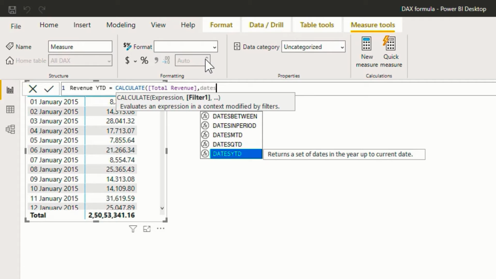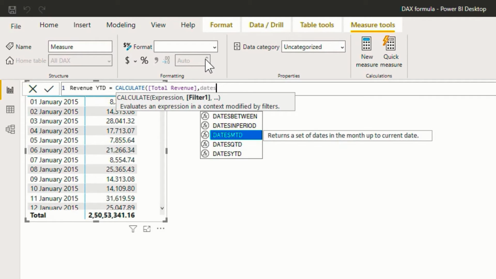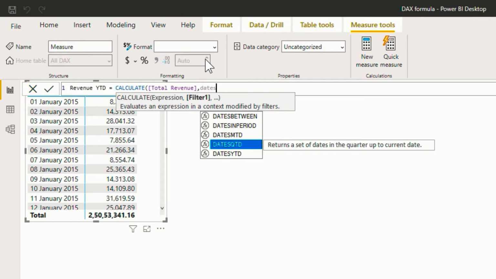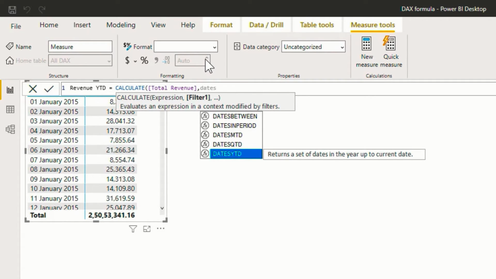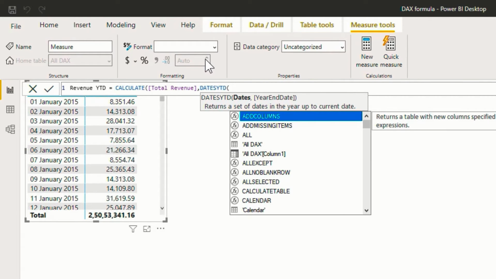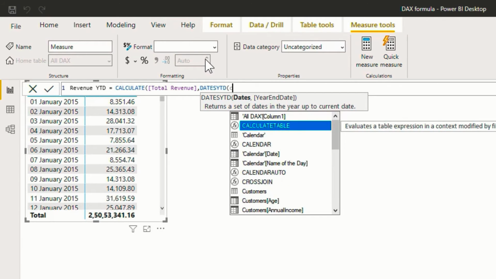Now just like DATESYTD, if you want to perform month to date and quarter to date, you can choose the DATESMTD and DATESQTD functions as well. Now since in this example we are performing the YTD calculation, I'll select DATESYTD. So I will hit the tab and select it. Now the first argument that it is asking for is dates.